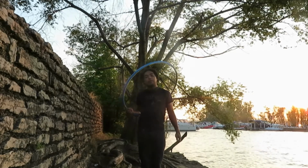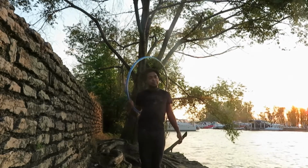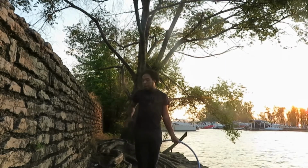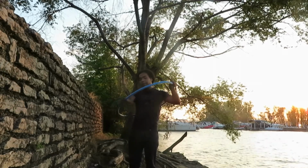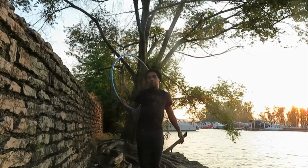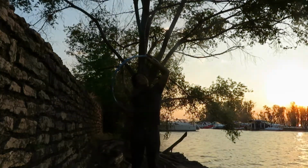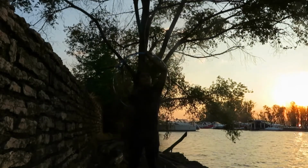Alright? Now going the other way, if I want, I could just push, and when I push back up, I can grab anywhere over here on my right side where the hoop will land, here or there or there. So if I reached out to where I pushed, then the hoop's already out a little bit. But if I grab it with the other hand, I'm going to look for this opening here. Now once I find this opening, I'm just going to grab it with that hand,